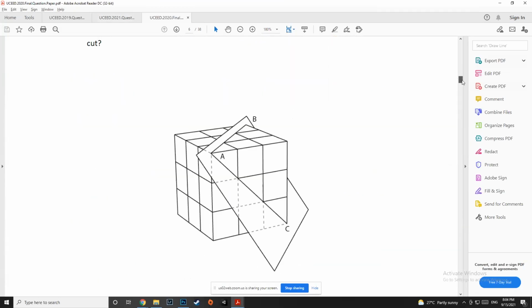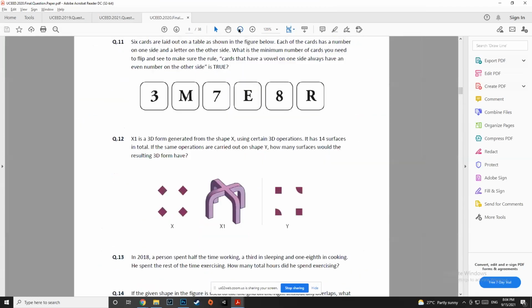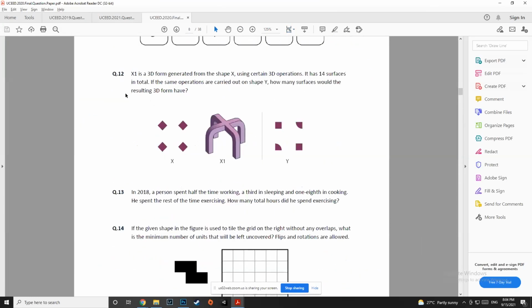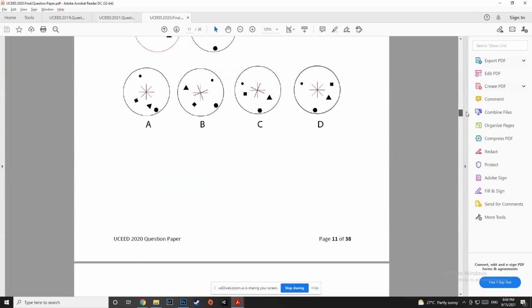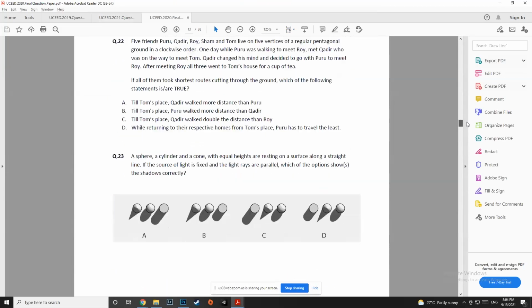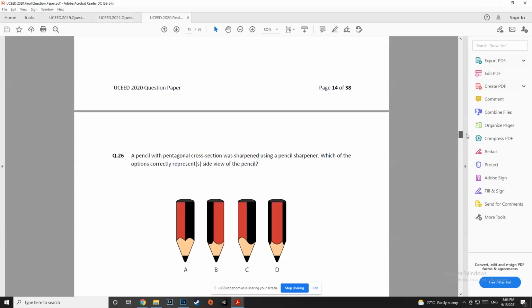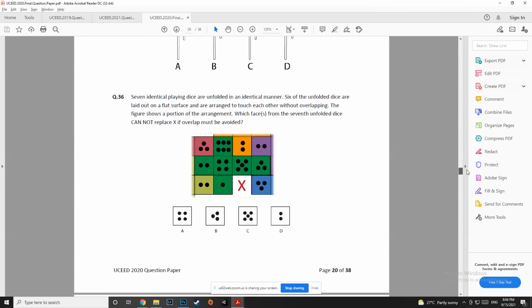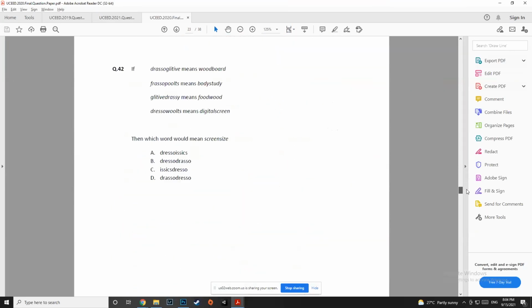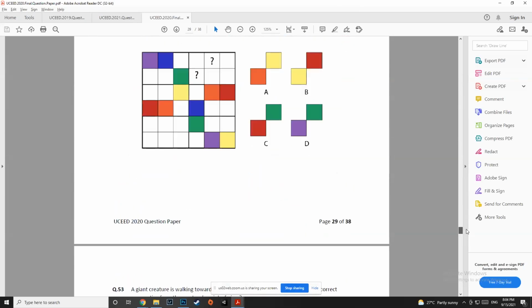And then there is paper folding and folding, like cube folding and folding, right? And there are such intricate surface counting questions like this. And if you check out seed question papers, you will find such different paper surface counting questions. Where is that question? Not here. I think it should be here.